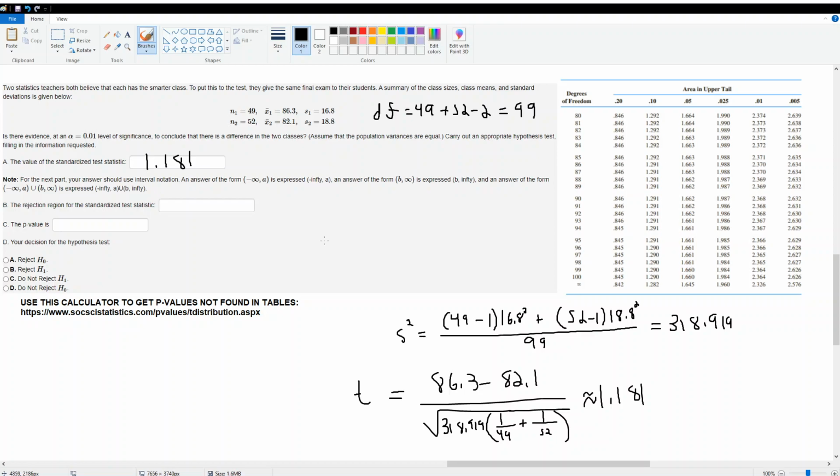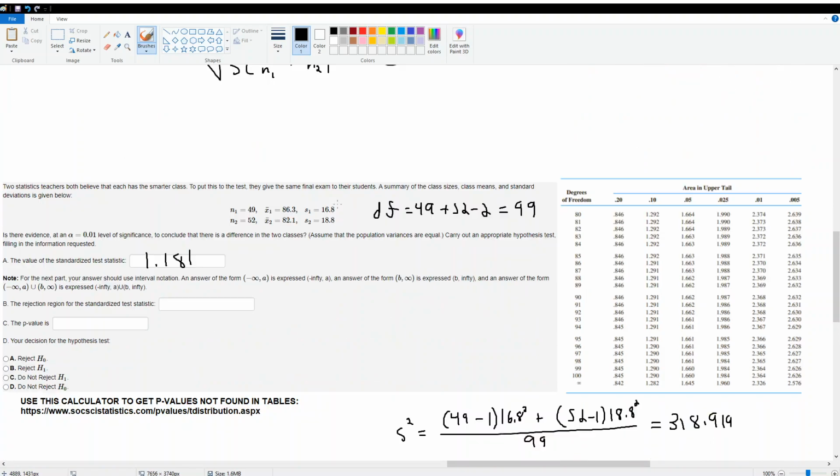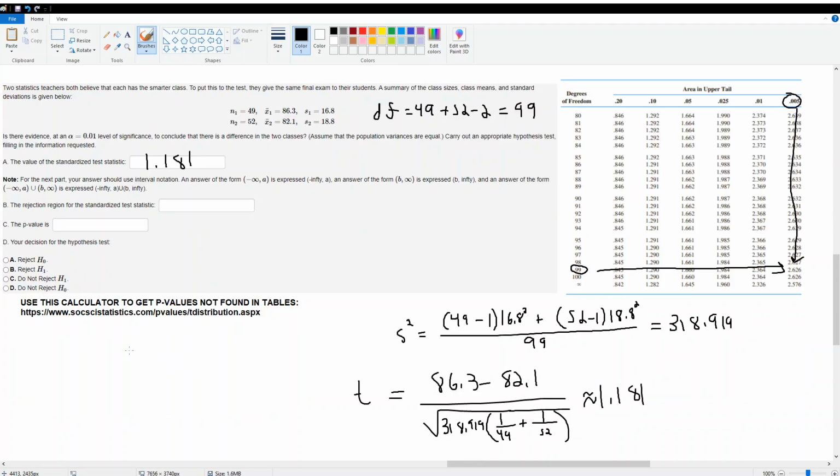Our rejection region, if you use the bounds we had up here, you'd be wrong because our degrees of freedom have changed. We have degrees of freedom of 99. Again, since it's a 2-tailed test, we have to have equal areas in the upper and lower tails. So 0.01 over 2, 0.005. So the absolute value of the critical value is equal to 2.626. Therefore, our rejection region will be from negative infinity to negative 2.626, and then